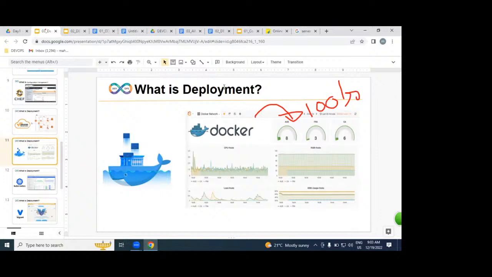Docker is an isolated area which is specifically for deploying our applications. That is the definition, but it is an easy way of deploying our websites. Example.